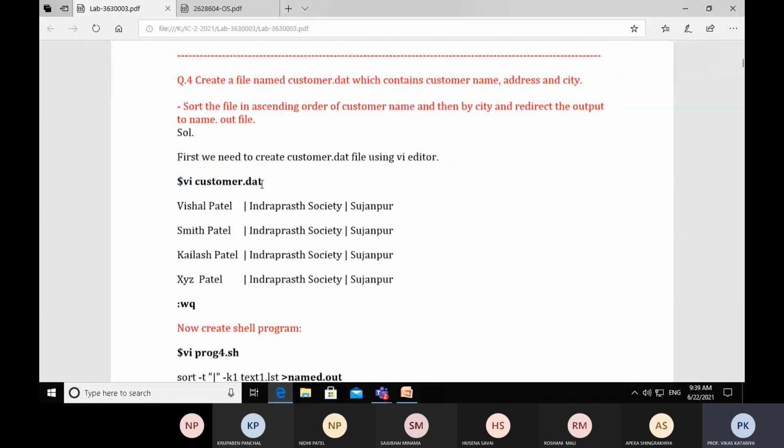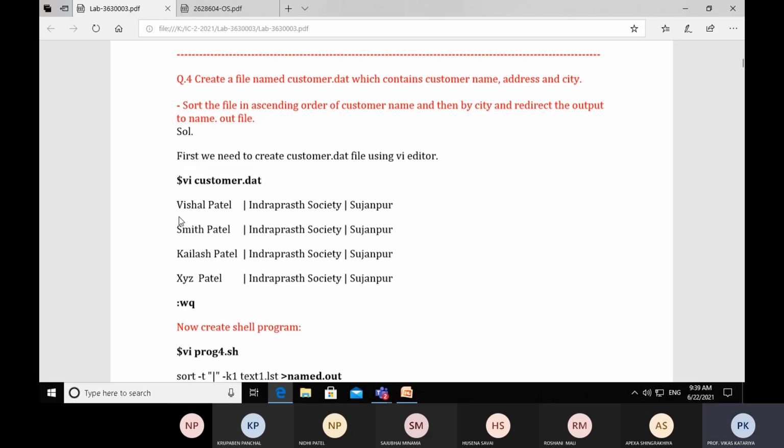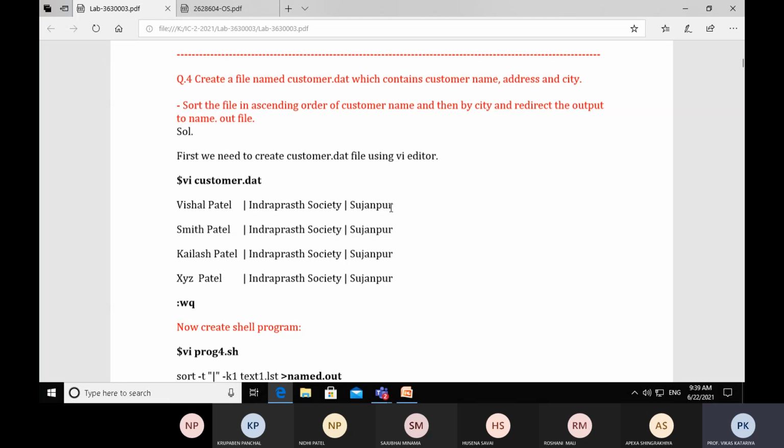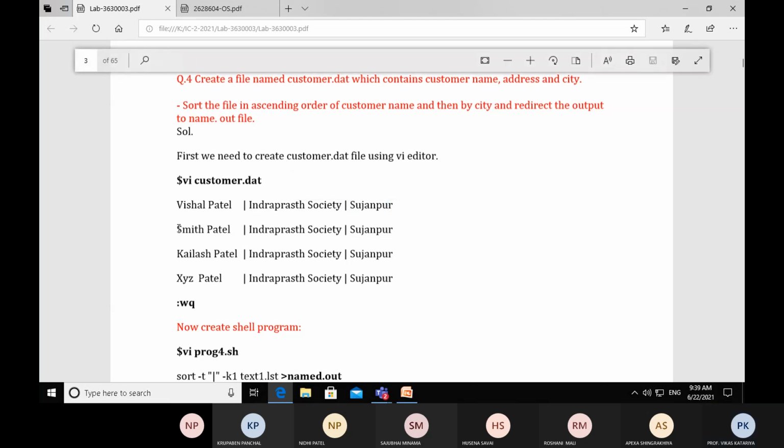We have to create a file customer.date. In this way you create a simple file. And here we have mentioned 4 records. Suppose the customer name Vishal Patel, address Indraprastha Society, and city Sujanpur. In the same way, we have mentioned the second, third and fourth record.